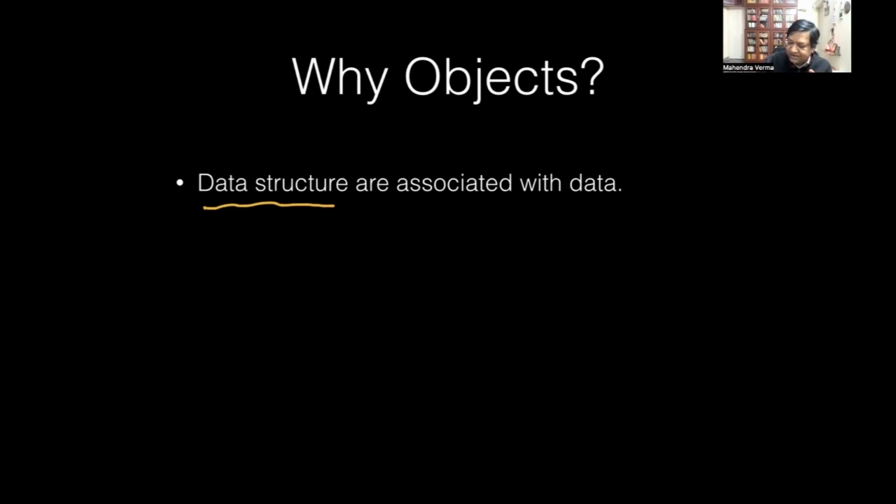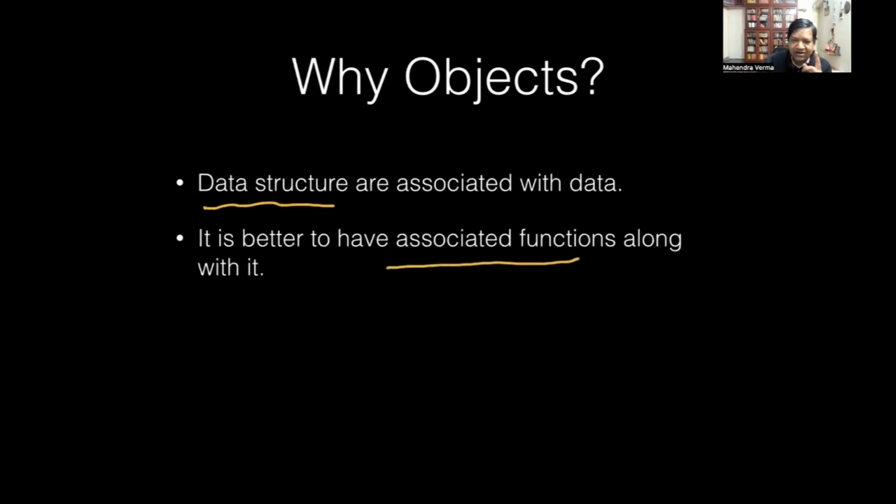So what we want is associated functions along with the structure. There could be some functions associated with it, so that the whole thing becomes a black box which can be used by somebody else without getting inside the box. I'm going to illustrate by some examples, using complex numbers as an example. Somebody gives you a complex number, but doesn't give you the function for multiplying complex numbers. Then you have to write it yourself, so it's not the full abstraction. I need functions associated with the data structure. So that is the associated function.